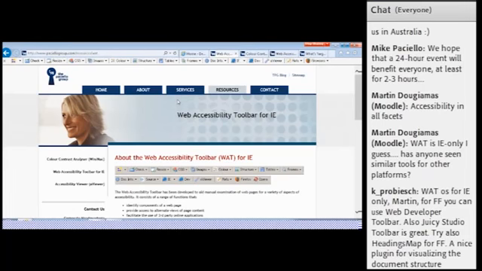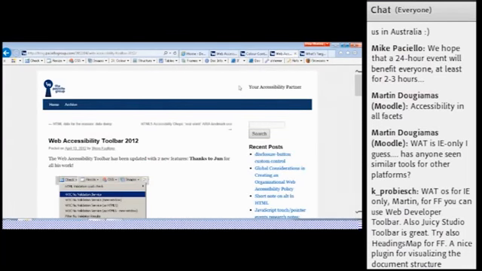So it'll give you a snapshot of the current page that you're looking at, in terms of whether alternative text is provided for all images on that page. So I think it's more for a page by page view rather than the site as a whole.